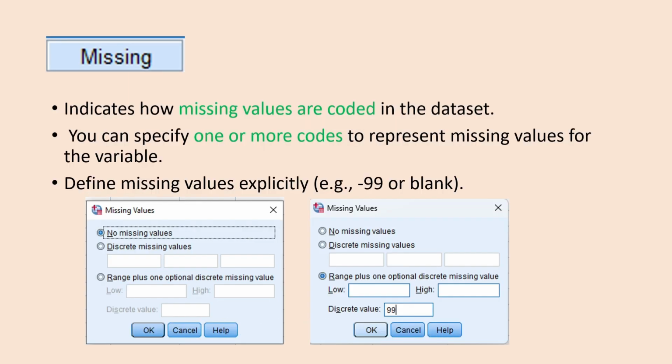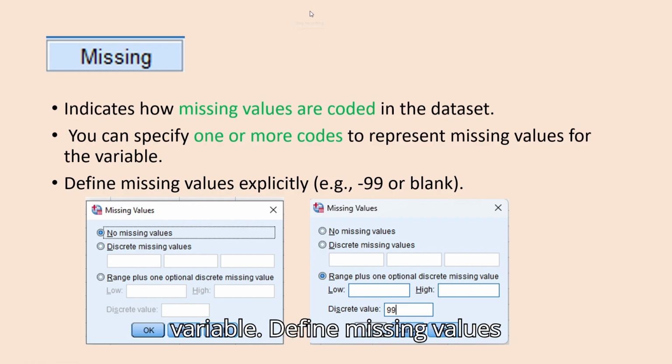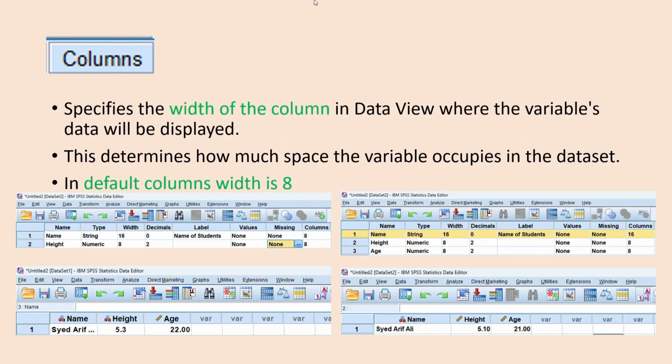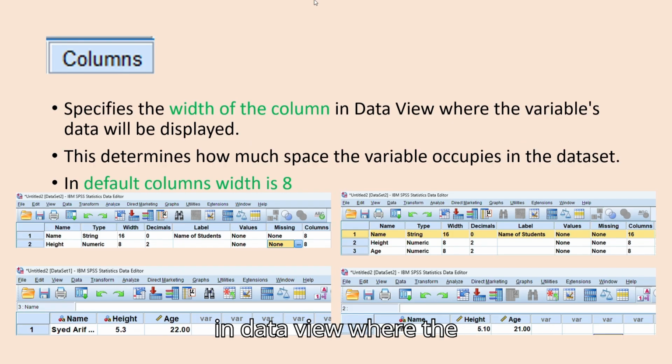Missing value. Missing value indicates how missing values are coded in the dataset. You can specify one or more codes to represent the missing values for the variable. Define missing values, for example 99 or blank. Column specifies the width of the column in data view where the variable's data will be displayed.